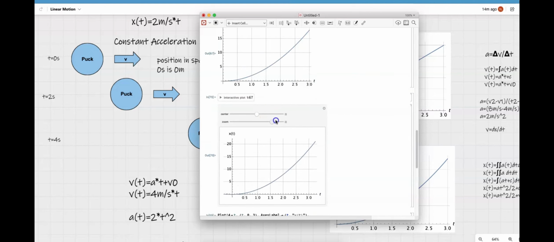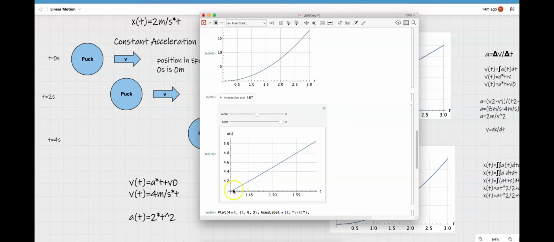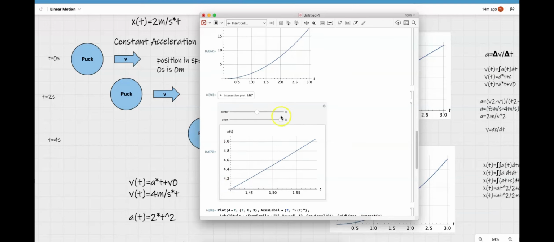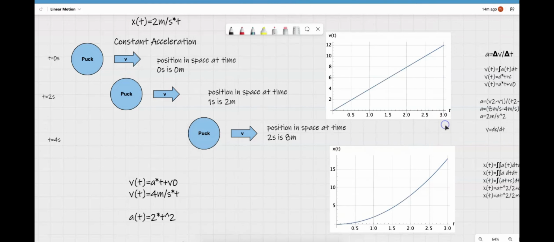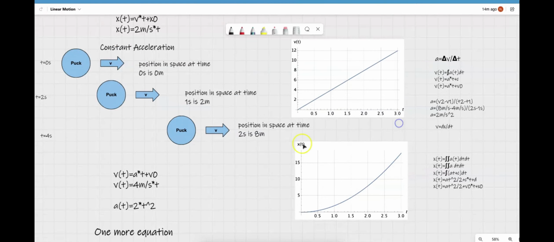But if we zoom way far in, we see that on a small time interval, as delta t goes to 0, the position time is still going to have this x of t equals v times t linear relationship. So, going back here,